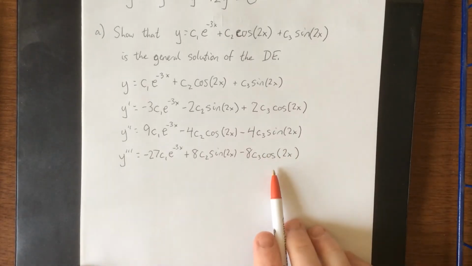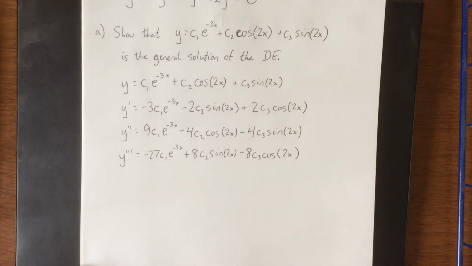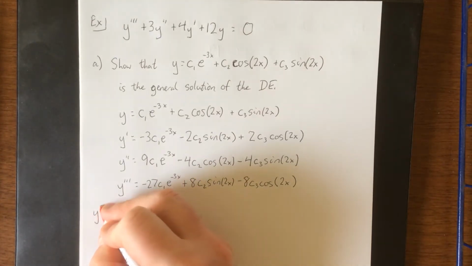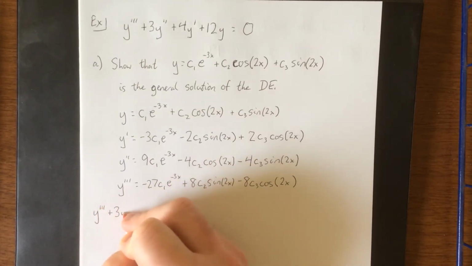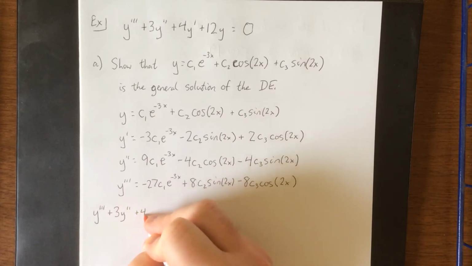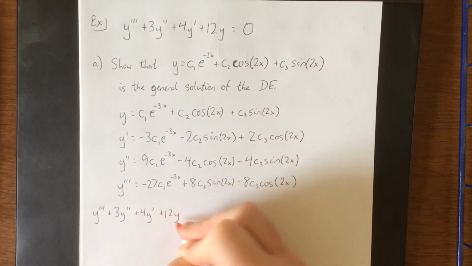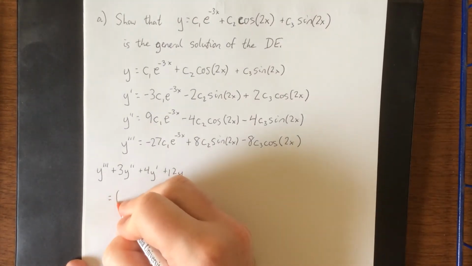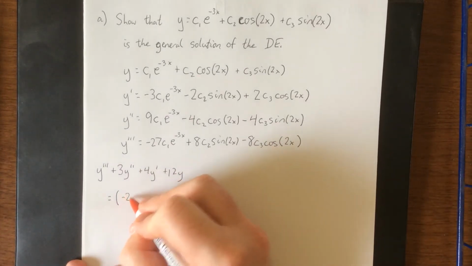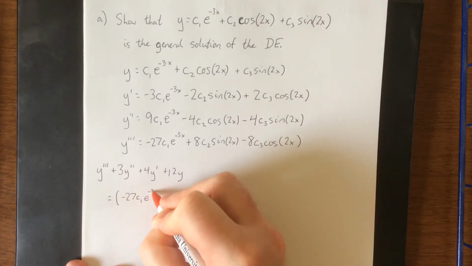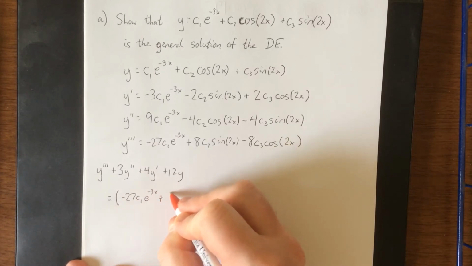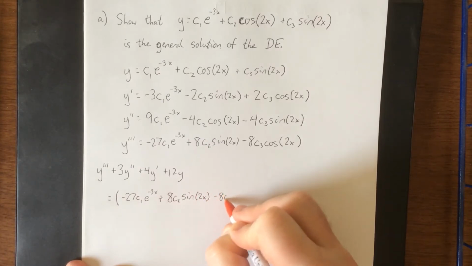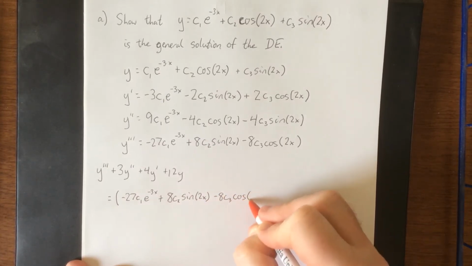Now we get to take all of these and plug them into the original differential equation, and we'll see what happens. Let's go ahead and copy that down. y triple prime plus 3y double prime plus 4y prime plus 12y. Well, let's plug them in. This will be equal to y triple prime, negative 27 c1 e to the negative 3x, plus 8 c2 times the sine of 2x, minus 8 c3 cosine of 2x,